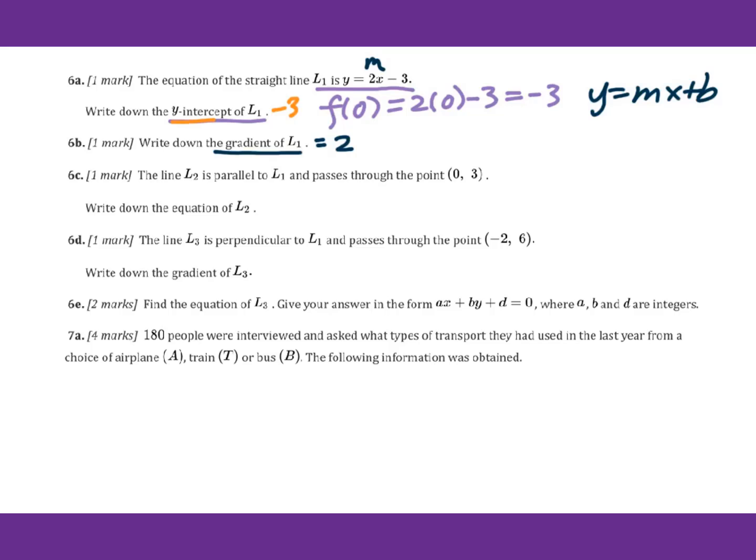6c, the line L2 is parallel to L1, which means these two slopes equal each other, and passes through the point (0, 3). Write down the equation of L2. When you write down the equation using this formula,